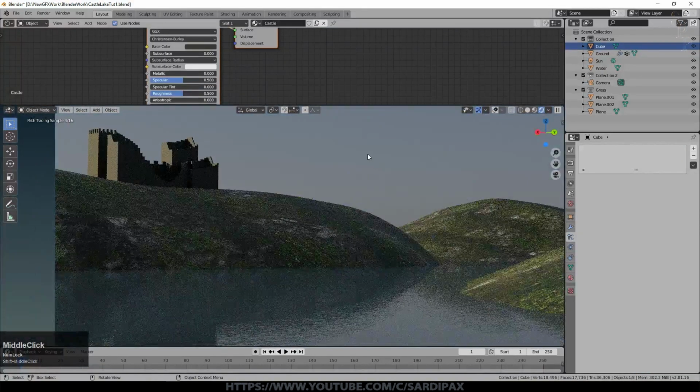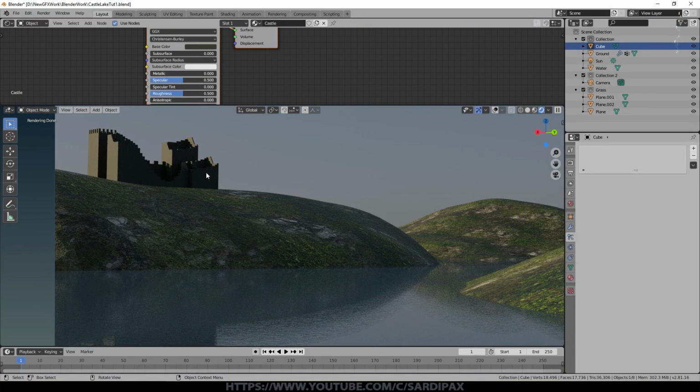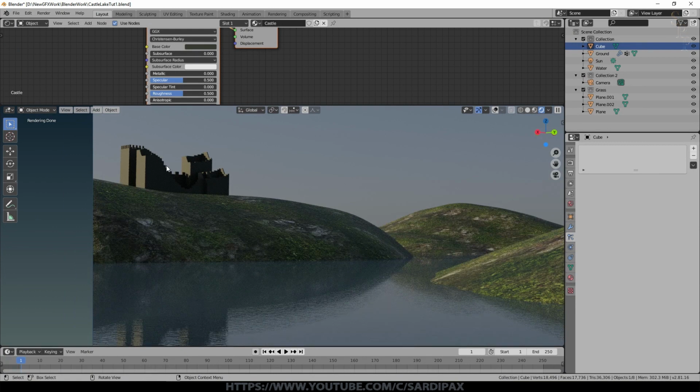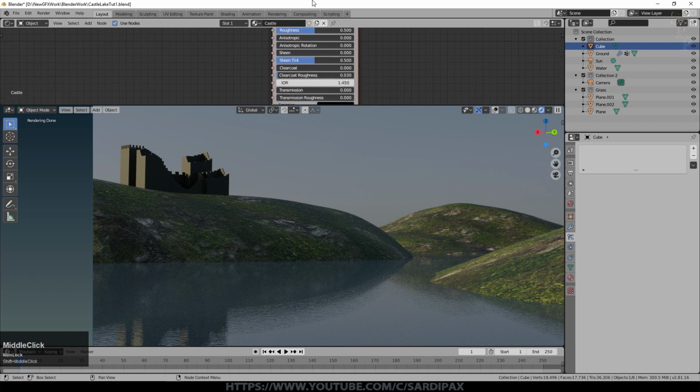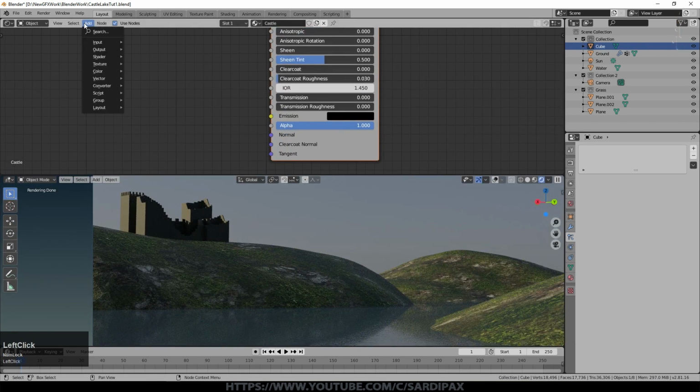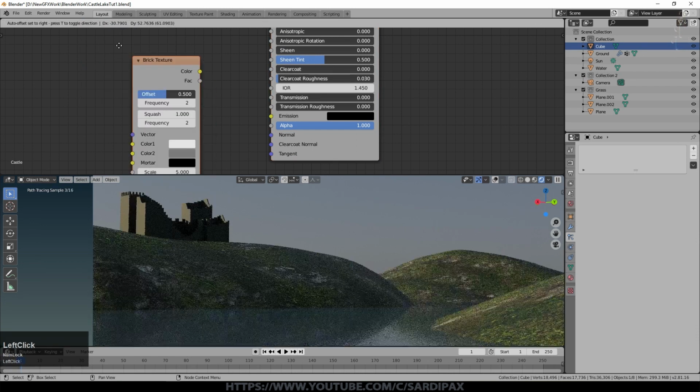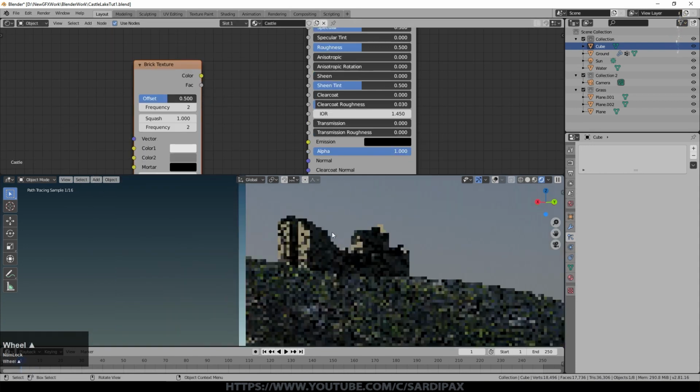Now, in my scene, I didn't put very much effort into the texture on this castle because it was actually quite a long distance from the camera. This one's a little bit closer and a little larger, so you can probably at least put some surface texture on. So the easy thing to do, we could add a brick texture, whether they'd be visible at that distance, maybe so. We go to textures, there is a brick texture. We zoom in on that part.